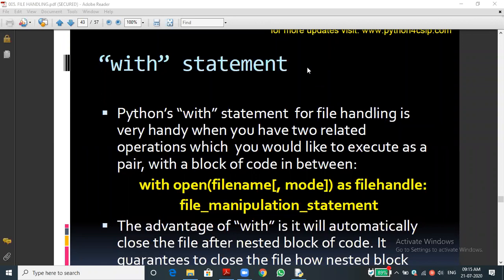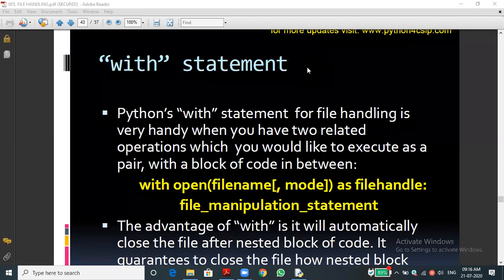How will you write? Could you understand the question part? Sir, file object dot write, in bracket whatever you want to write. We can give the content or else the variable which has the content. Correct? Yes, sir. Okay. Very good. So such type of questions, we will write into the file.